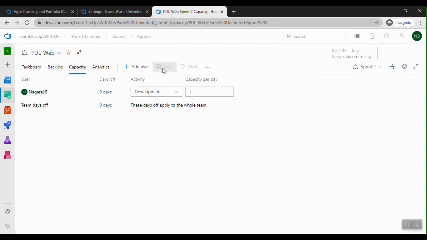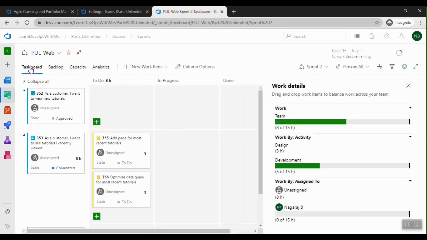Okay, let me save this, and if I come to the task board, you can see here, based on the iteration, the sprint duration, and the number of hours per day, there's a calculation of 15 hours. The total team capacity is 15, and the individual user's capacity is 15 hours.